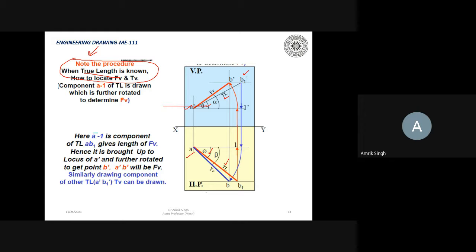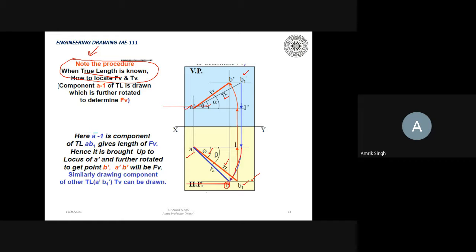So what we'll do, we will draw the perpendicular and then we will extend this. So this point will come. From here, we will take this angle. Okay? We will take this arc. So this locus is known because this point is known to us. So we will draw a parallel line. Okay? So where this arc will cut, you will get the point B.